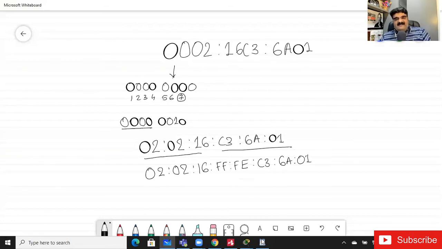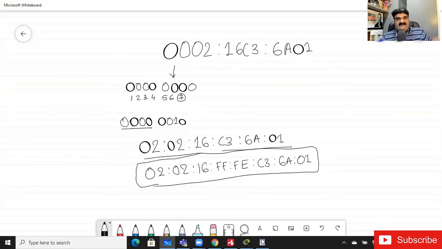And if you don't want to write 0, prefix 0, you can. Okay, you can remove this. So this will be the MAC address. Now, this will be the 64-bit address. Now, if you have any doubt, you can ask me. And if you understand this, we will do one more practice for that, and we can go ahead.